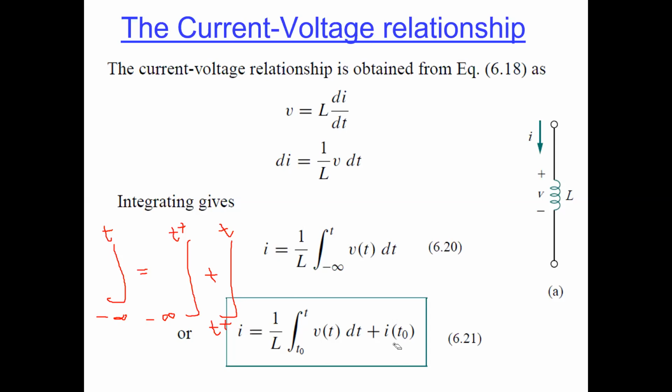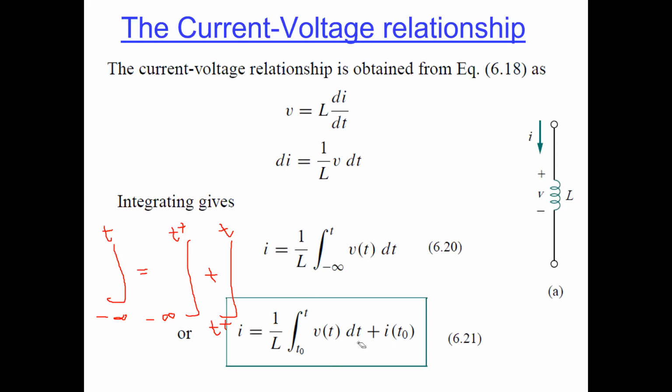you happen to come to the same table and you use an inductor which was already in the circuit. That inductor now has some initial value of current. So the current at minus infinity to 0 plus means the current present in the inductor way before performing the experiment, and we will accommodate it by calling it i(t naught), meaning the initial value of current stored in the inductor,